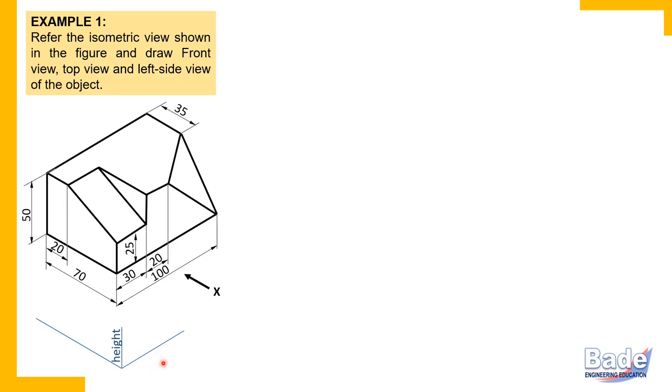And the other two horizontal axes, which are actually horizontal, appear at an angle of 30 degrees. So one of these two inclined axes is the length axis and the other one is the width axis. Now out of these two, which is the length axis and which is the width axis, how to take that decision? Try to understand. In a three-dimensional object, as we have already studied in the last